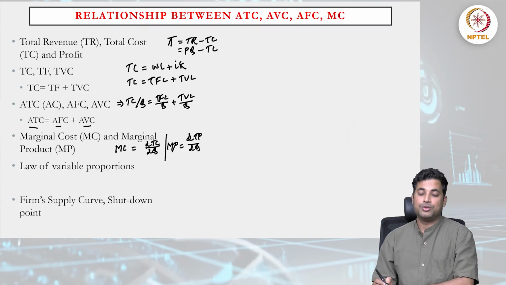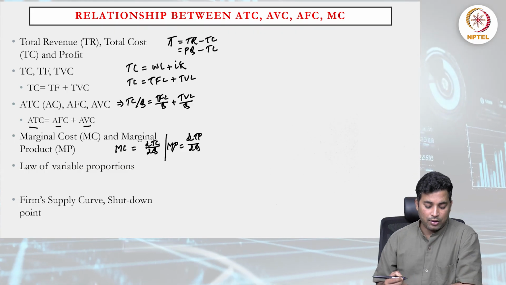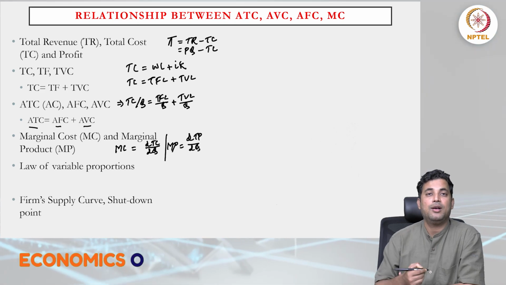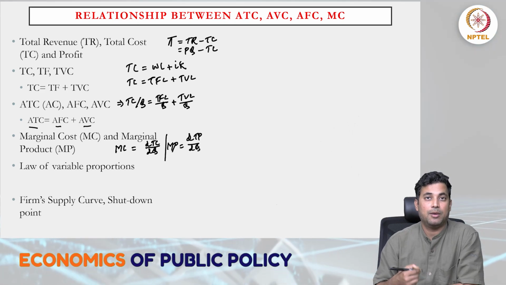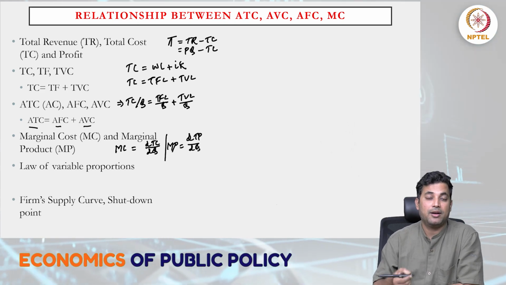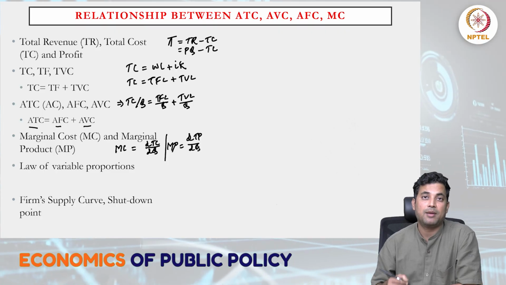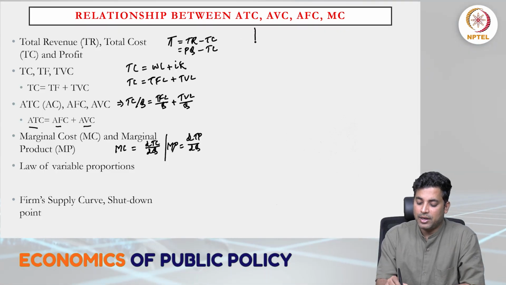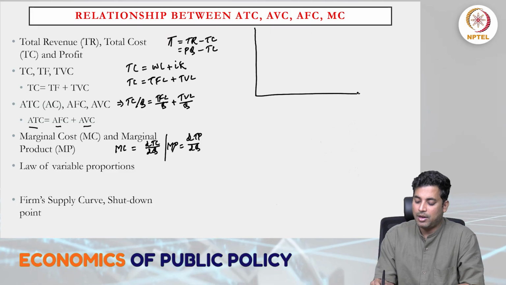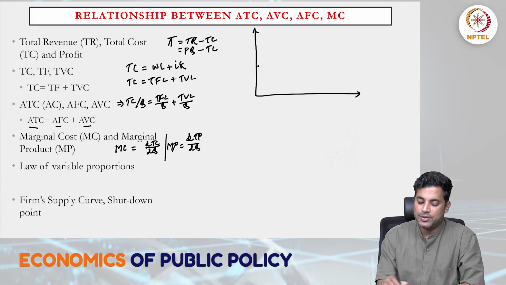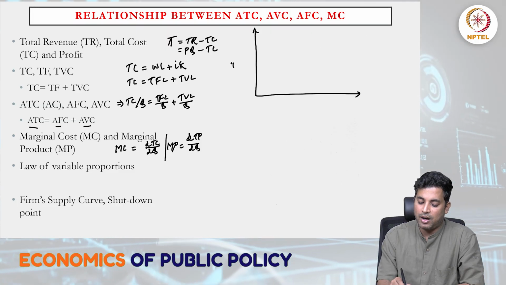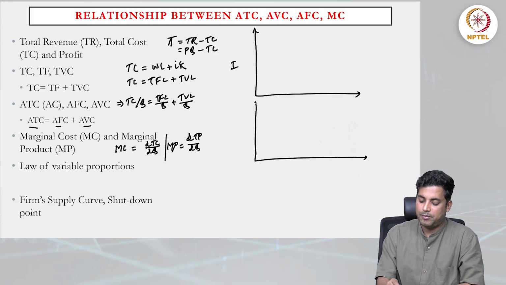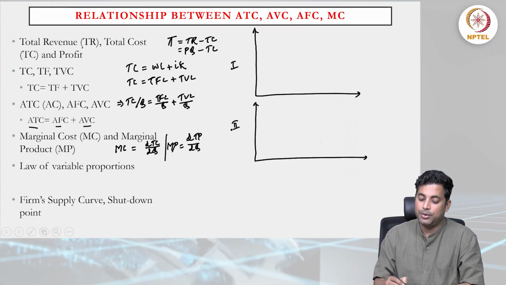So now let us draw how it looks, and also we'll talk about how the firm's supply curve looks, and then from there we will go from the individual, which here is the firm supply curve, to the market supply curve. Suppose here we have taken two panels. So here panel 1 and here panel 2,